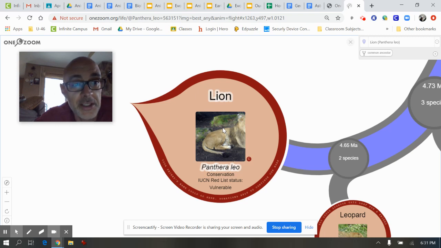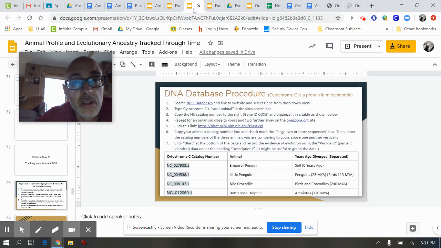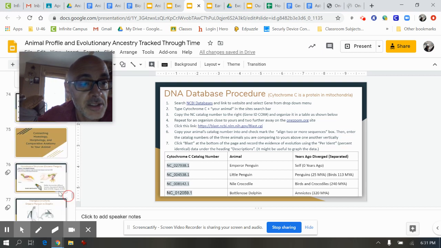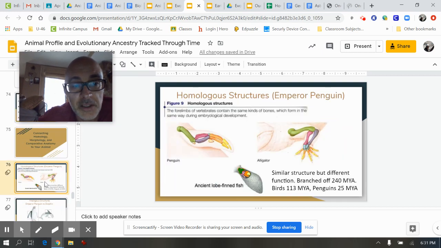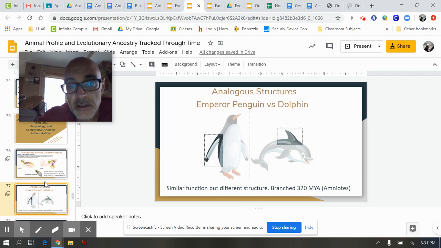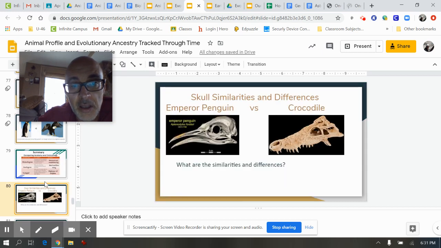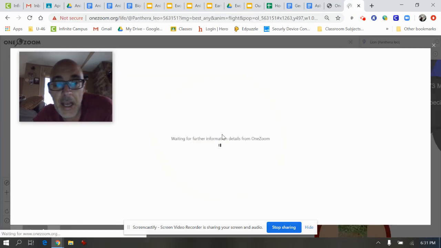Again, our whole goal in this lesson is to use these slides that you've been given during the week and make some comparisons about what features are the same, what features are similar but used differently, because they aren't so related anymore, what things have gone away, what kind of body structures help them live to their best of their ability, etc. And so back to this, if I click back on the lion,